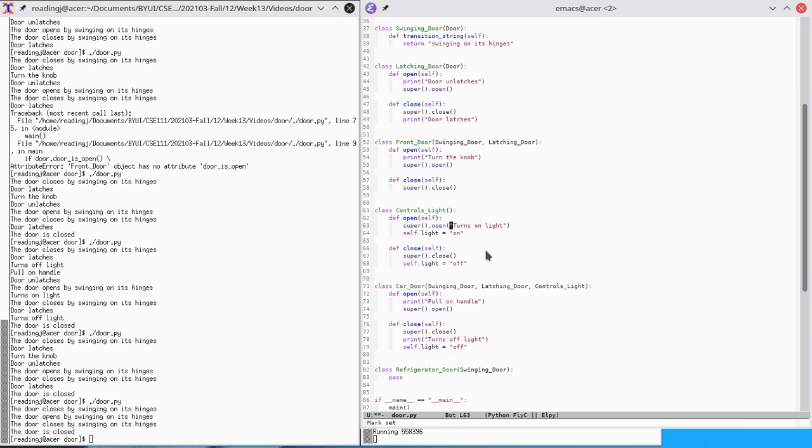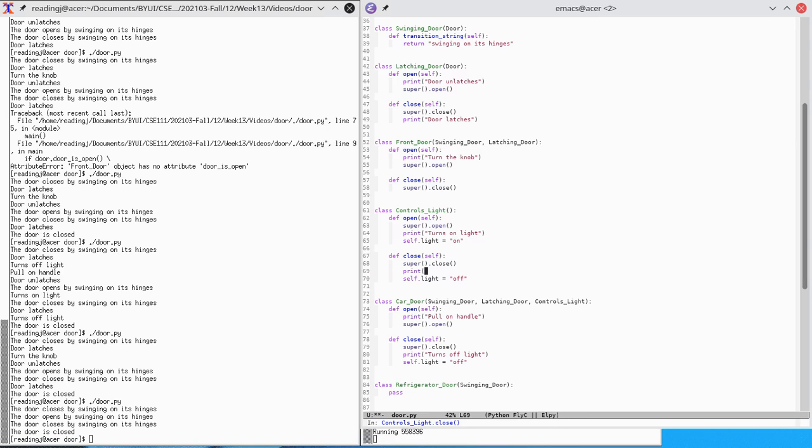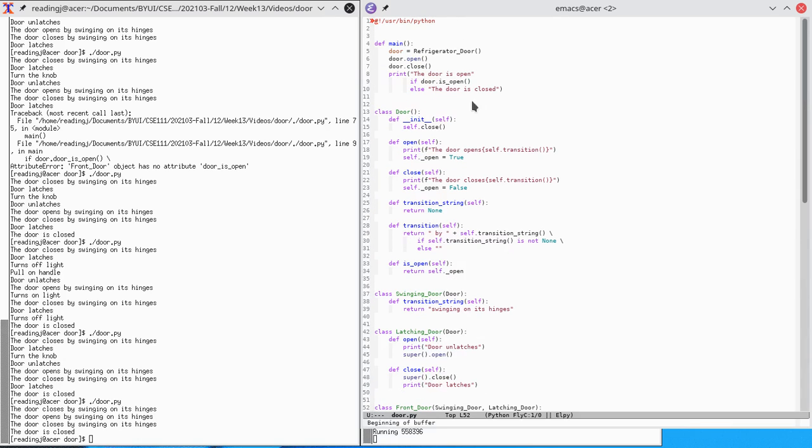This is self.open, but then I need to say print turns on light, and this needs to say print turns off light. Okay, and so now this can inherit from controls light as well. And so I didn't have to write any behaviors for refrigerator door. It inherits all of its behaviors from other classes. So if I have a refrigerator door,